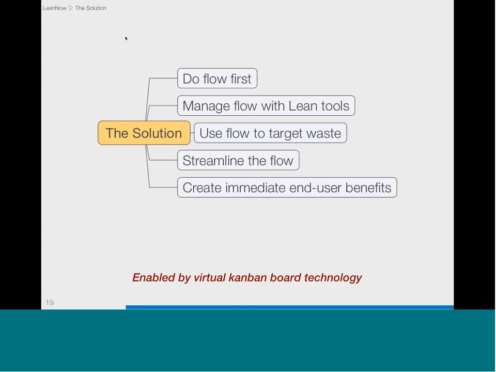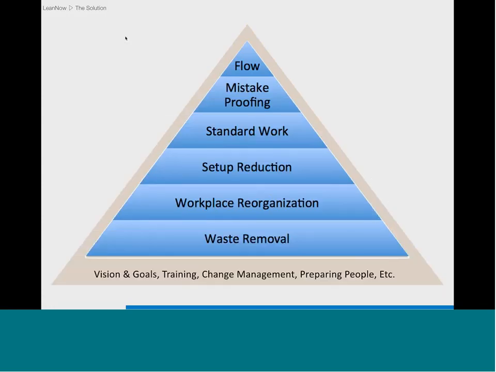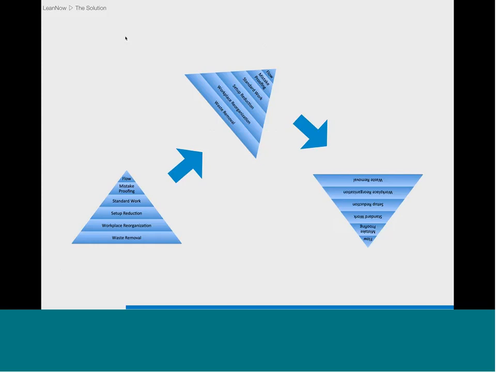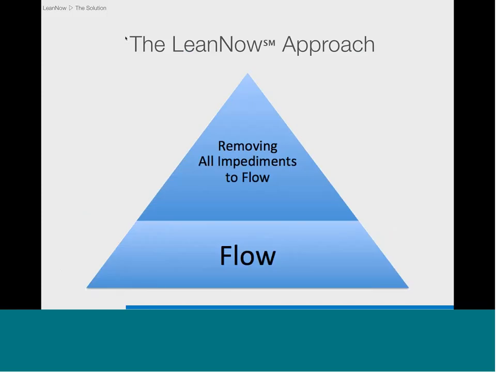So going back to our pyramid here of the traditional model for implementing lean that so many non-manufacturing companies have decided to use. What we want to do at this point with LeanNow is to basically flip that pyramid over, where flow is the first thing we do rather than the last thing we do. So now we have an approach that looks like this, where flow is where we start, and then instead of having all those layers, one for waste reduction and one for workplace organization, etc., we basically ask, what's the rate limiting factor? What's the impediment to flow that if we cleared it, we would be able to deliver more value faster to our end user, and then use the appropriate tool regardless of what that impediment is to